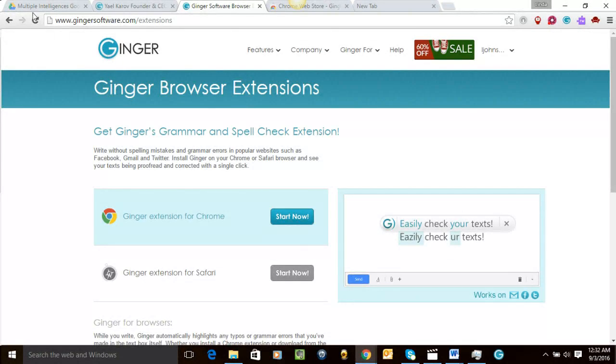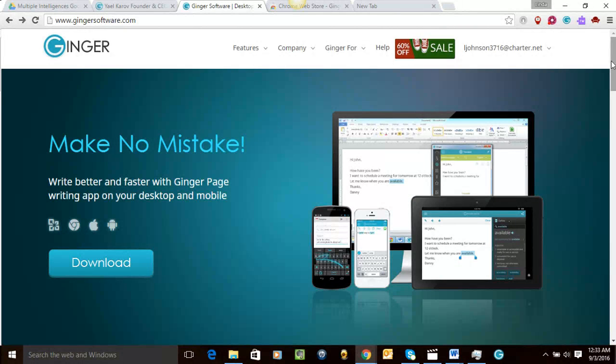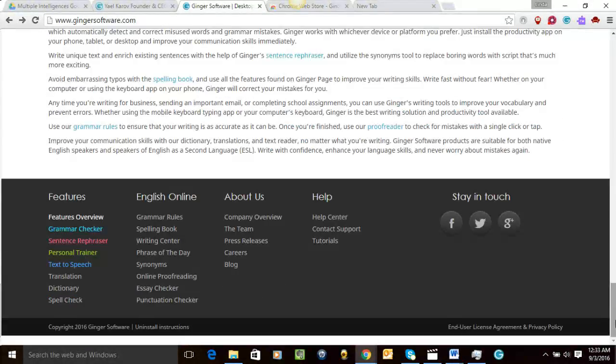also has some nice features on their website. I scroll to the bottom of the screen. They have an English online guide. It has grammar rules, spelling book, a writing center, phrase of the day, synonyms, the online proofreading, essay checker, and punctuation checker. Ginger Page will be a great tool for my students to help with writing, editing, proofreading, and enhancing